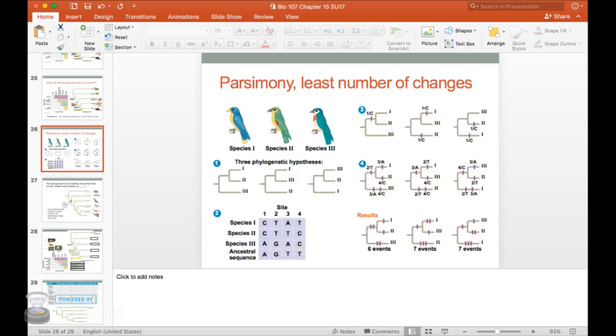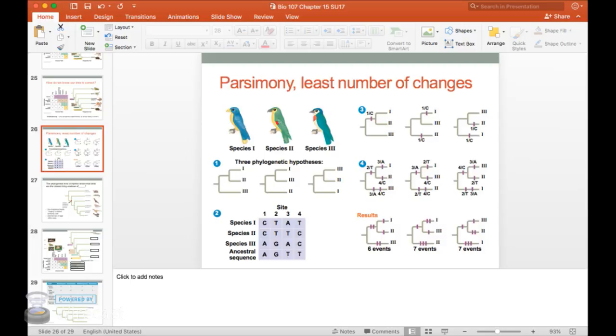And then we also have some sequences here where we're able to figure out that the ancestral sequence of DNA at a couple different sites actually goes A, G, T, T, and then we can see where we have differences for each of the species. So this one for species 1 at this site has C instead of A, meaning it's different than the ancestor, but this one has A, so this one is more closely related to the ancestor. And that's what we're showing right here: in order to go from the ancestral sequence over, there's one site, and this site has to change to C, and then